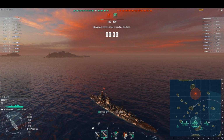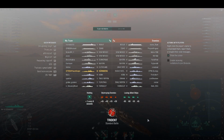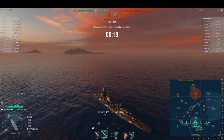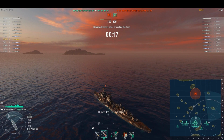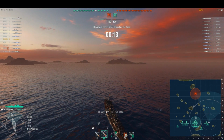There are a lot of battleships on each team. There are 4 on the enemy team and 4 on ours. So that's plenty, and not a whole lot of destroyers, which is rather unfortunate. The map is Trident, and we are going to...